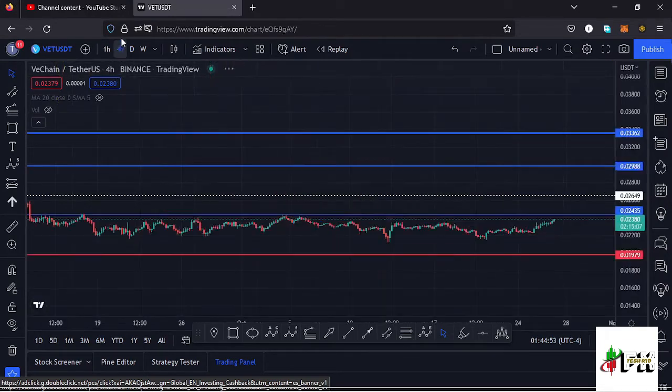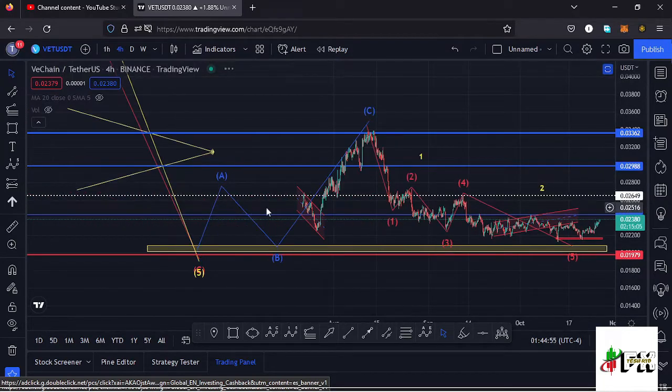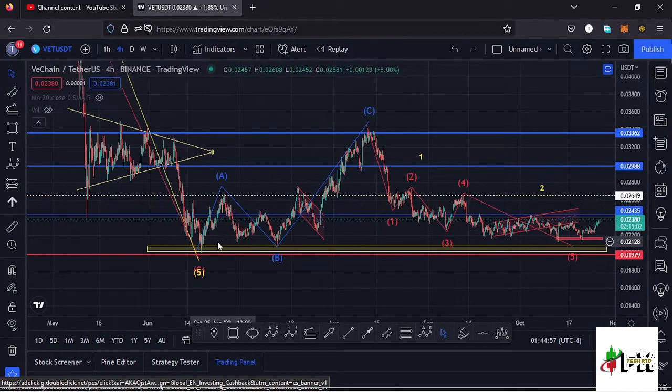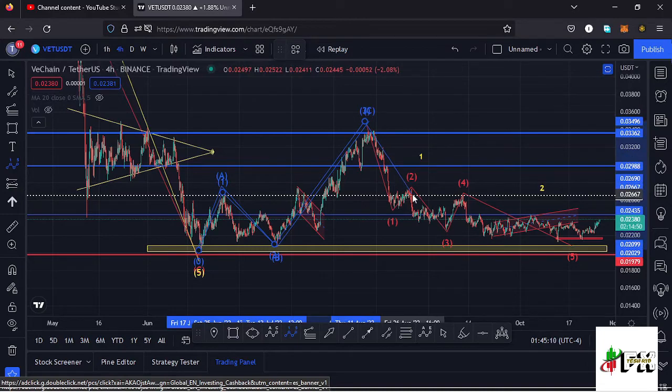Jumping to the 4-hour chart for further analysis. Here on the 4-hour chart, after making our low down there, we saw a very nice bounce to the upper side in a movement that I was terming as an Elliott wave structure, having that as the first wave to the upper side, then a wave 2, then a wave 3, then I expected a retracement to the lower side in the formation of a wave 4, then continue pushing higher in the formation of a wave 5 to complete a higher Elliott wave count 1, but that movement to the upper side got invalidated the moment our wave 4